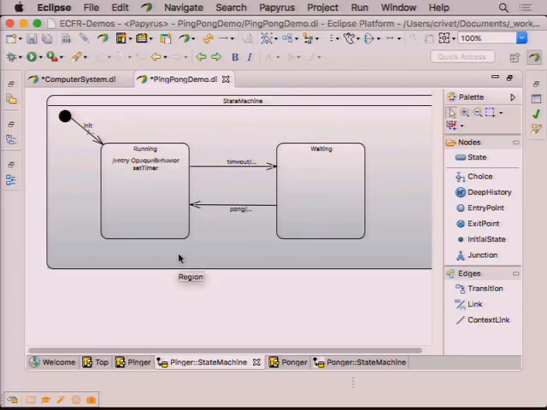So UML-RT, it's all state machines. There it goes into the running state in this case for pinger, and I'm setting a timer. As I get into that state, I'm setting a timer, and when it times out, as part of the timeout, I'm going to send a ping and then wait for the pong to return. Now the ping in here,